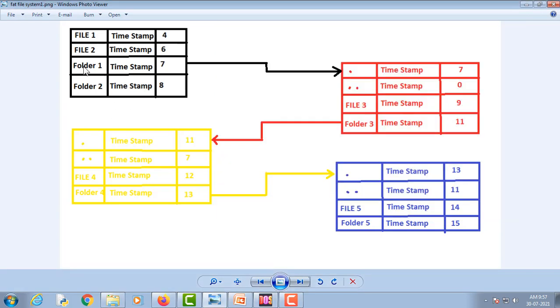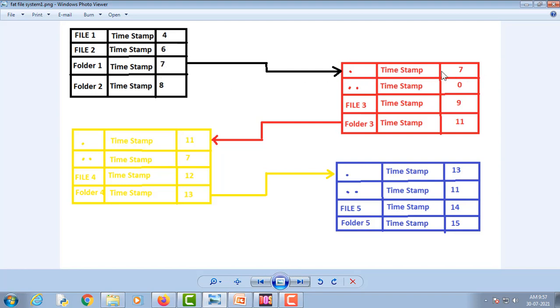Now if we go inside folder number 1, we will see a subdirectory, and the first entry is this dot entry. This dot is representing the current subdirectory. As you can see, folder 1 has a starting cluster of cluster number 7.